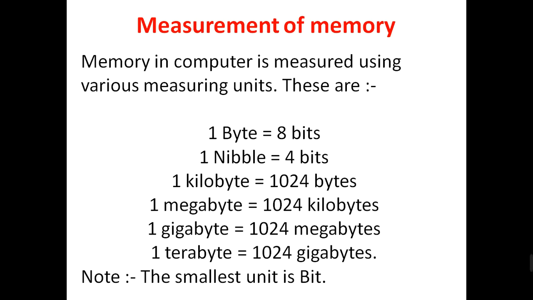So memory units, like if we use meter, centimeter for measuring length, we use kilogram, gram for measuring weight. So like this, we use several units for measuring the storage capacity of the computer also. So the smallest unit for memory measurement is bit. So bit means either 1 or 0.